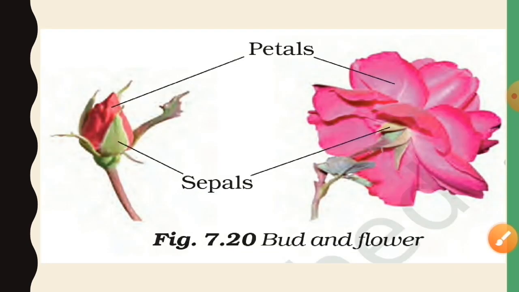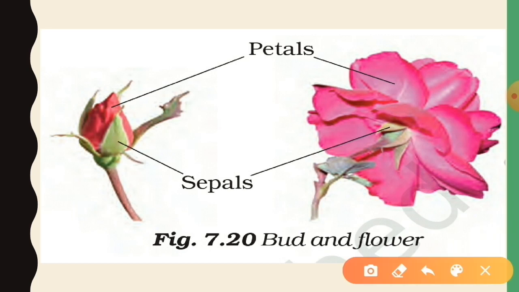Here in this picture you can see a bird and a flower. Look at the prominent part of the open flower. These are petals. And petals can be of different color in different flowers. It's a rose, that's why you can see this color, but even in rose there are many colors, white, yellow, okay, it's pink, so there are red roses also. So we have seen different kinds of petals.